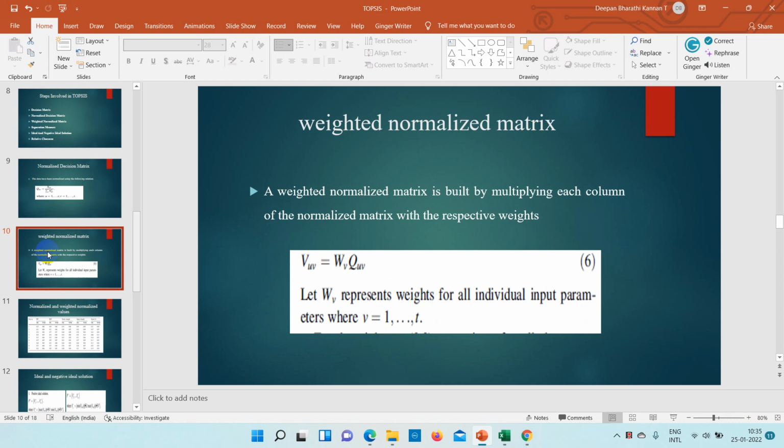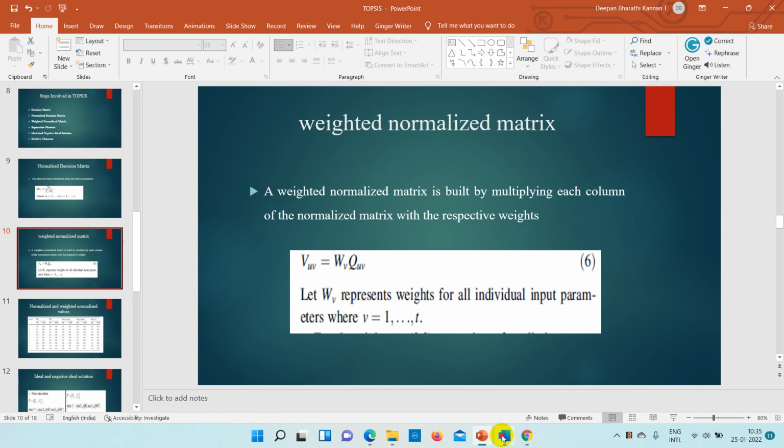It depends upon the required objective. If you want to consider equal weightage for all output parameters, that is well and good. But if you want to give more importance to a particular parameter, that is also possible. So in this case, they have considered equal weights for all output parameters. Hence, they have divided 1 by 5, it will be 0.2. So we just multiply the normalized value with 0.2 and we get the weighted normalized matrix. This is what they have done.